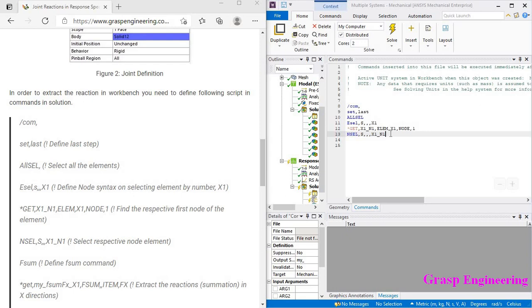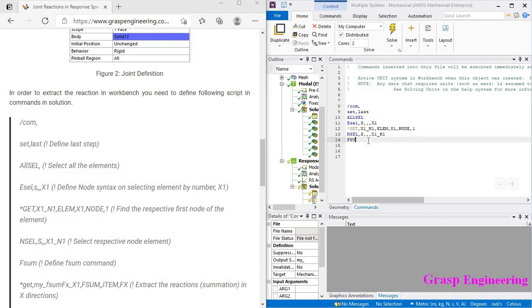Okay, now once your respective node is defined, then you need to use the actual command, that is nothing but your fsum. Then you can define comma and then go inside it.